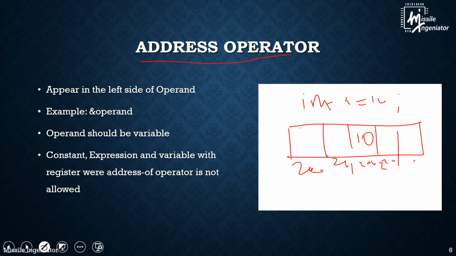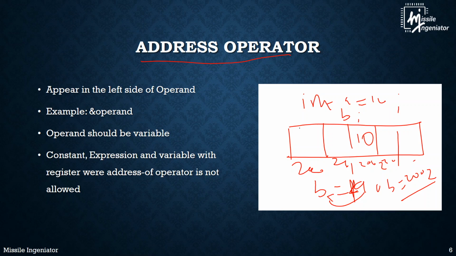If you are trying to find the address of a, you declare another variable as b. In b you are going to store the address of the variable a. Here a equal to value 10. If I assume b equal to a, then the value 10 will be assigned to b. But if I use ampersand in front of this a, then the b value will be assigned 2002. That's because when you mention ampersand in front, that represents you are storing the address of that variable. So that's what is mentioned here.